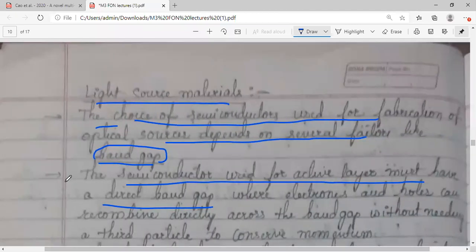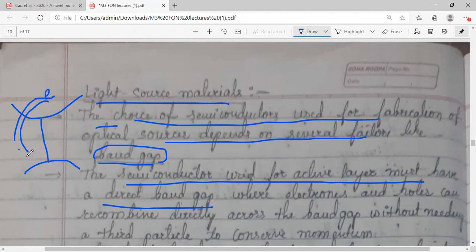We have seen already there are 2 types of band gaps, direct and indirect. In case of direct, there will be no difference in the momentum. Directly the electrons in the conduction band can jump to the valence band, and in this process they lose energy. This energy is in the form of light. So it is visible because it has its own wavelength. If that wavelength falls in that range, then it is visible to us.